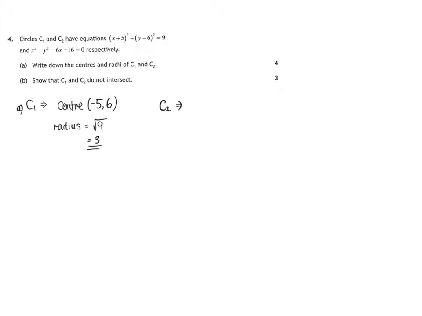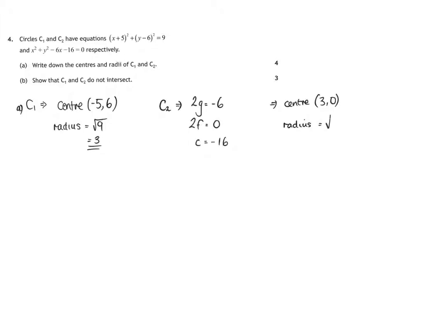So from our equation, we're going to have that g is minus 6, f is 0, and c is minus 16. So it's 2g and 2f. So therefore, the centre is going to be 3, 0, and our radius